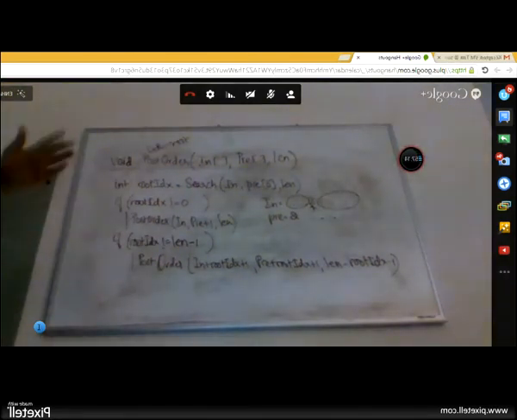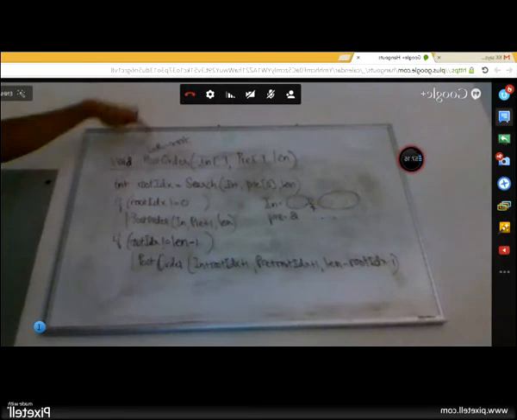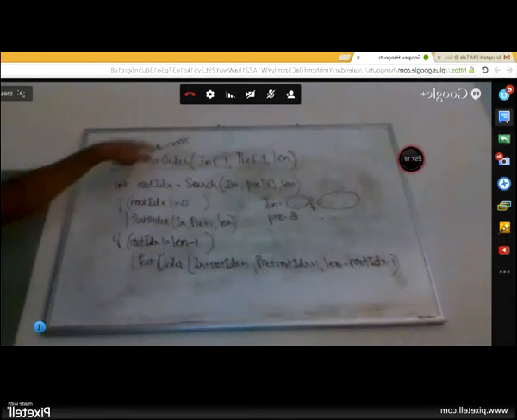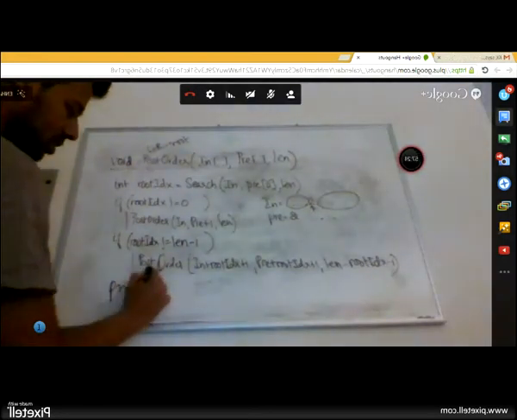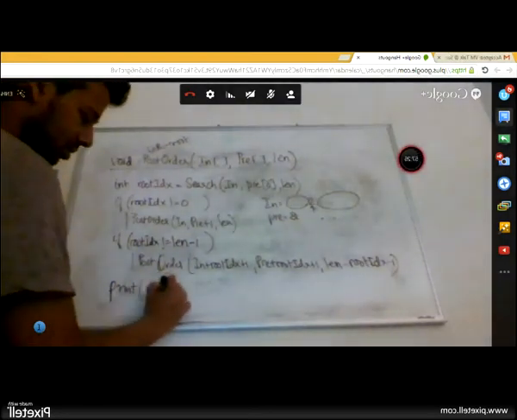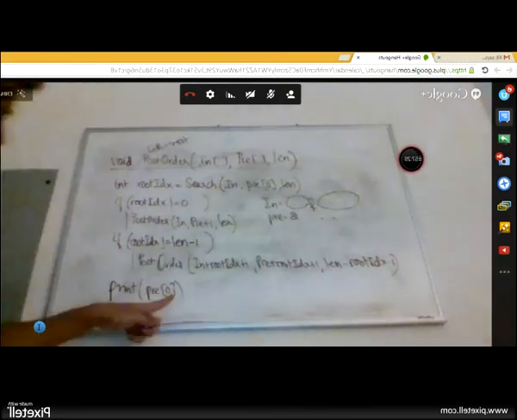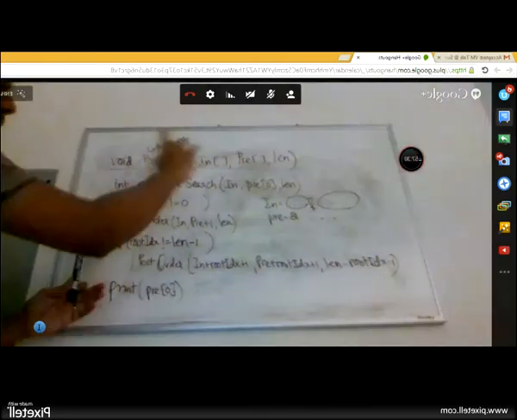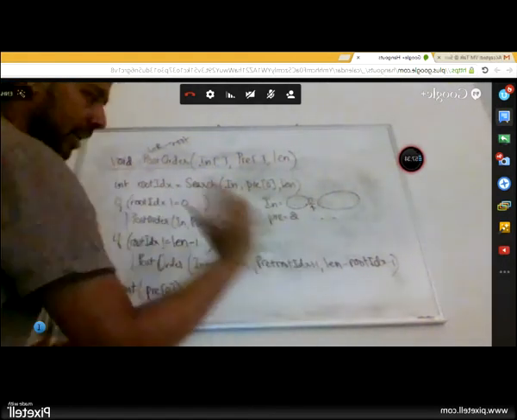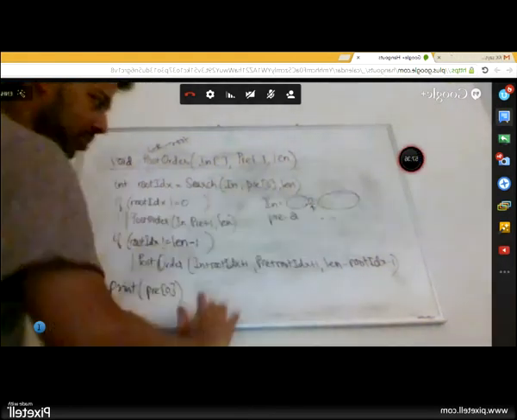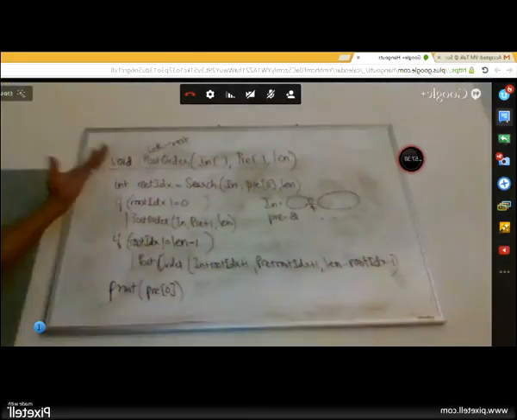So once you are done processing my left subtree and the right subtree, post order traversal says process the root, which basically means print pre of 0. We have hard coded this to 0, but note that the way this would still work is that I change my array of pre-order, like I'm passing only subsets of pre. So this would still essentially print me the root.